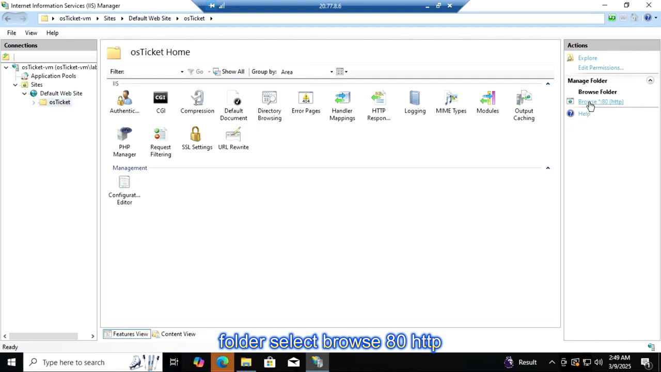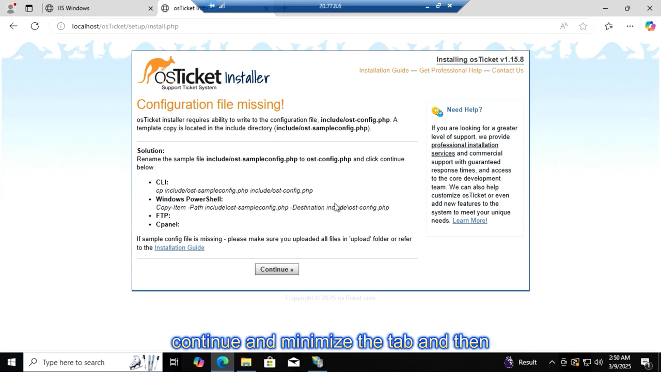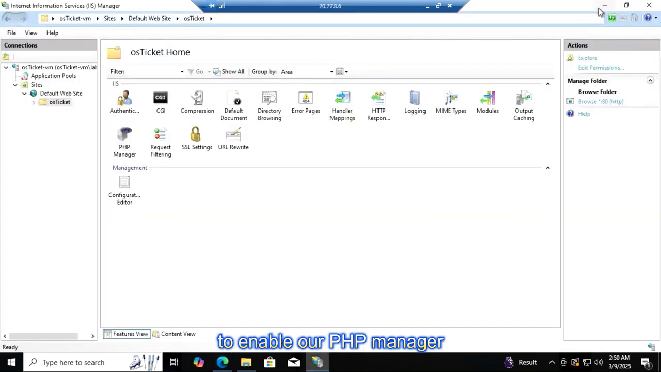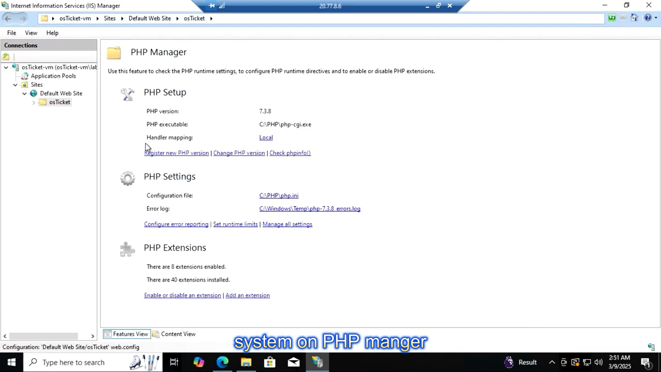HTTP, and this should direct you to the osTicket installation page, localhost/osTicket/setup/install.php. Click on continue and minimize the tab, and then we're going to enable our PHP Manager extensions so that we can set up the osTicket system. On PHP Manager, select